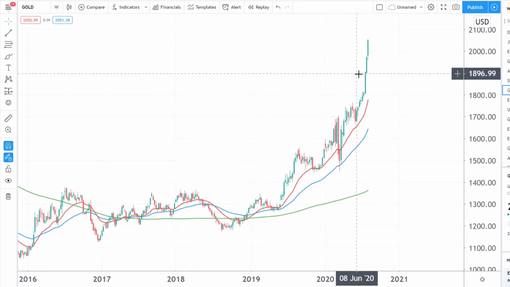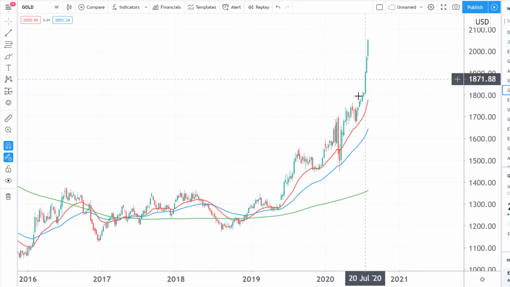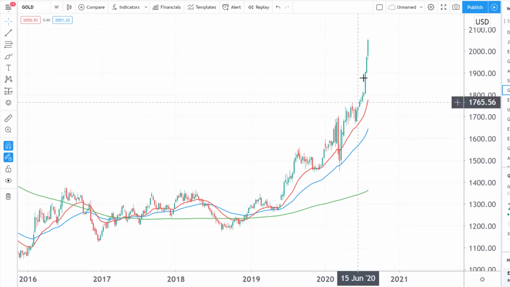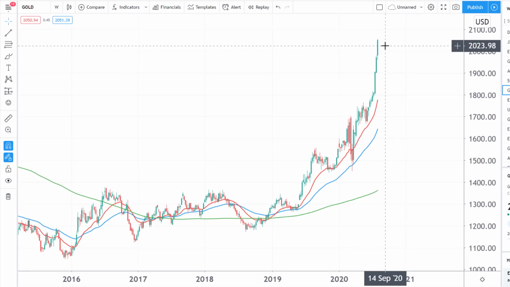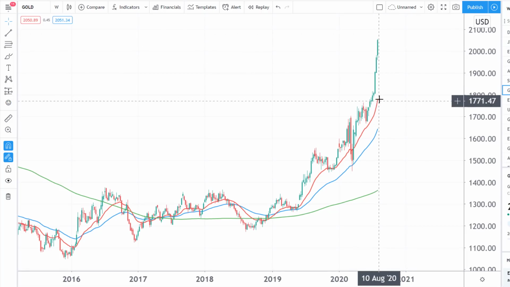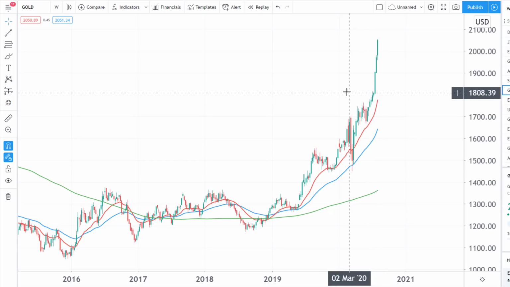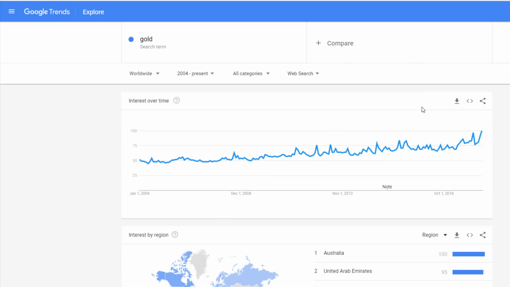So what have we seen right now in the weekly? Well, we have not had that. We've got a massive, super aggressive market right now. We're at $2,050 an ounce. We are super far away from the 20 moving average, which eventually it will hit. And when we search Google Analytics, what is it telling us? Well, it's saying we are at all-time highs in terms of gold interest. Gold interest has never been higher than it is right now. It's hitting all-time highs